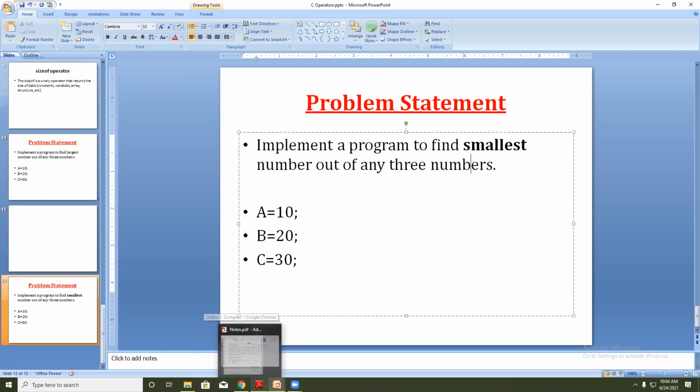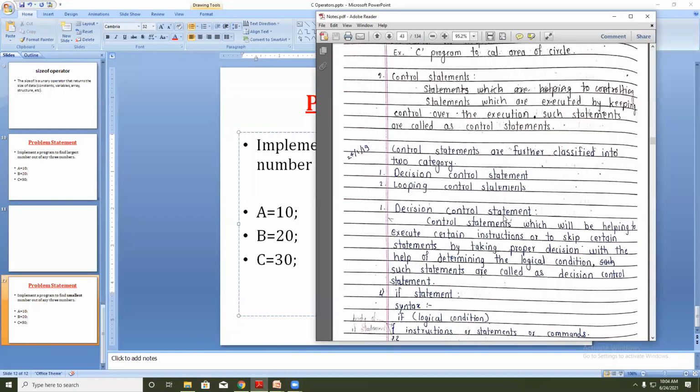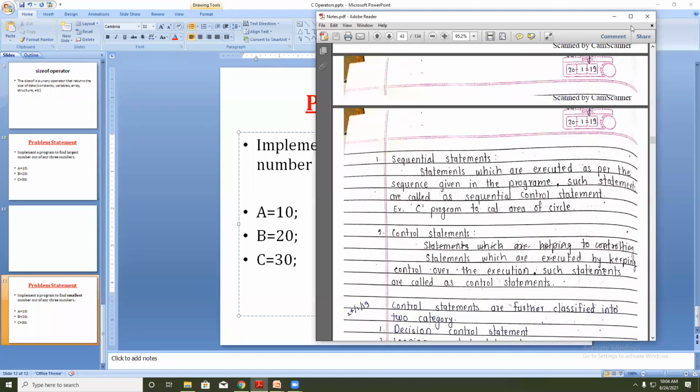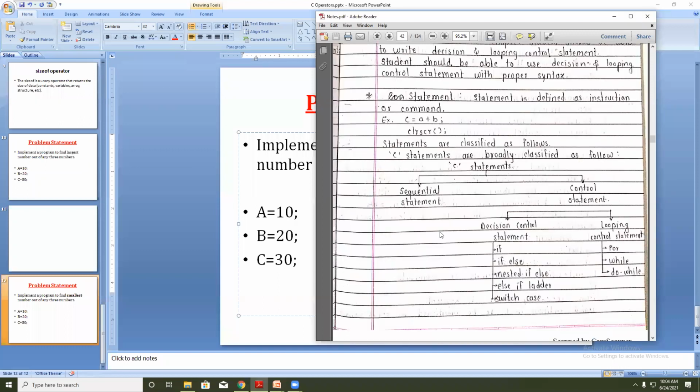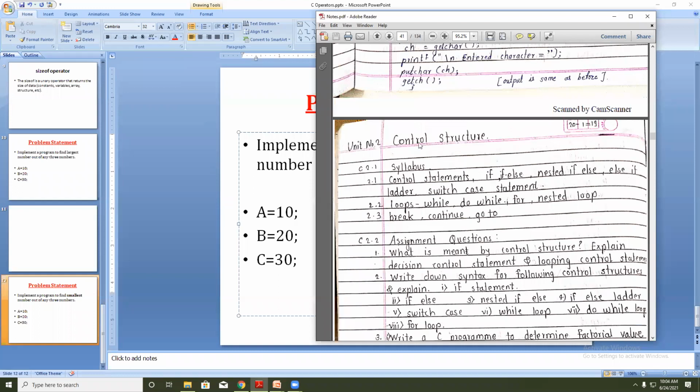Okay. So now we will start with the second unit. The second unit is about control statements, control structures. Here we are going to look at what a control statement is, if else, nested if else, if else ladder, then switch case statements.